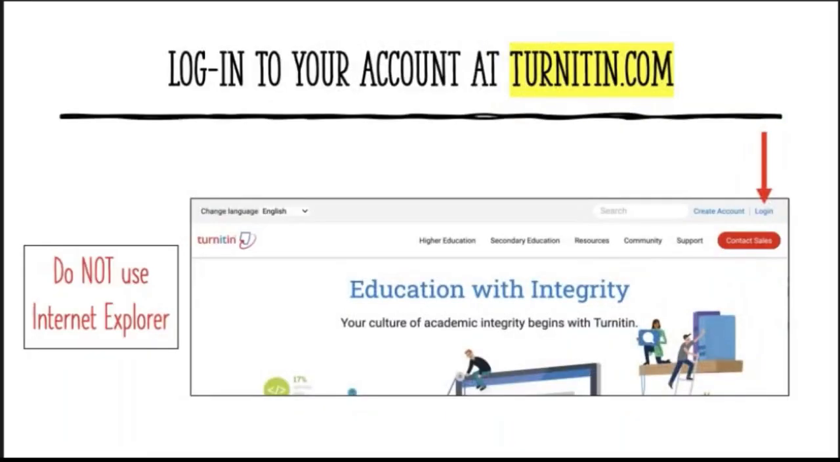Okay, so we've logged in, so we're good there. Oh, one thing I want to point out to you, I've just seen this alert when I log in